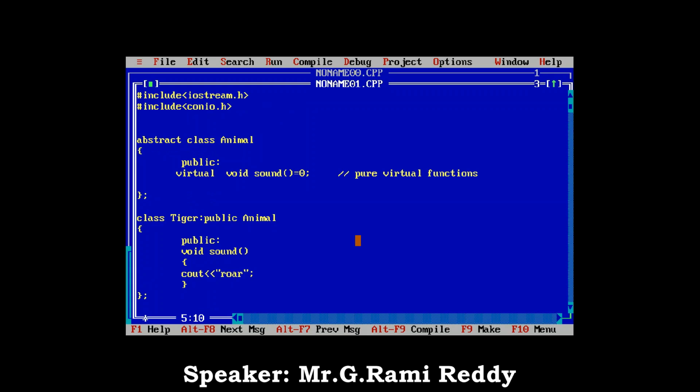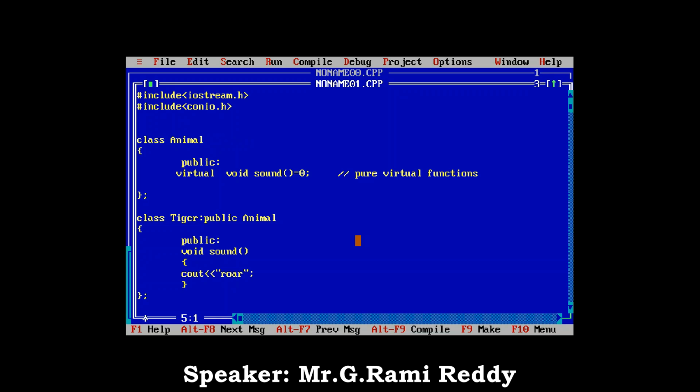Why? It is an indication to the programmer: do not create an object for that. Abstract classes cannot be instantiated. But in C++, it is an internal concept, so there is no need to provide it. One of the beautiful things I want to tell you right now, in C++, whatever the pure virtual